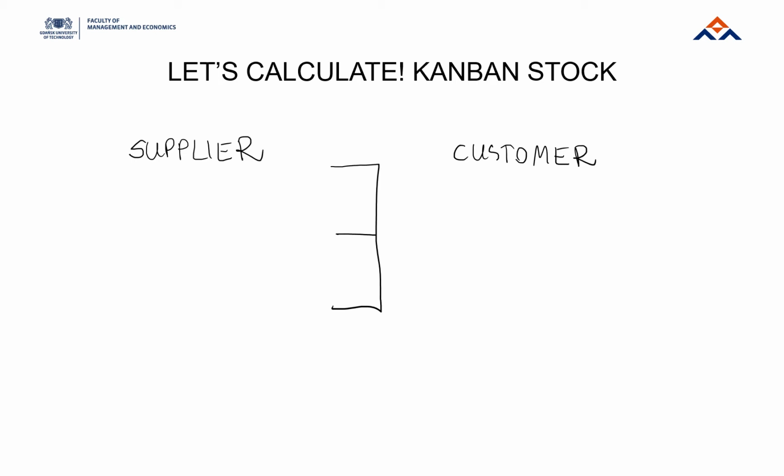So the customer has his own behaviors and the supplier has his own problems. All these behaviors and problems influence the stock level. That's why during the common stock calculation, we are taking into consideration three elements. First element, which we are calling rotating stock,